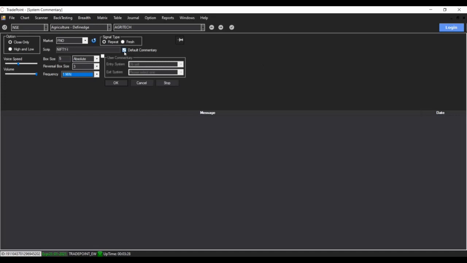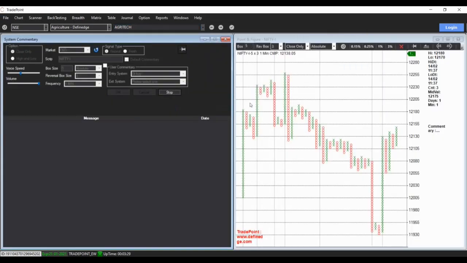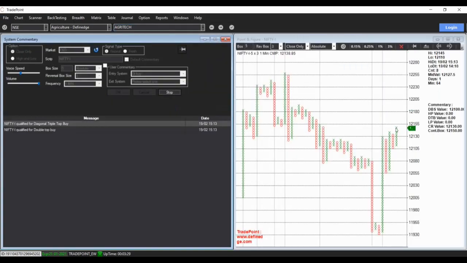We have added various patterns. You can keep them. You can also create your systems for entry and exit, right? And you can select them. You can have both or either of them. If I say okay, Nifty I qualified for double top buy and diagonal triple top buy. Right? So if multiple patterns are being formed, the software will tell you, and you will find patterns like anchor column, double top, triple top, and all important patterns are formulated, and TradePoint can tell you